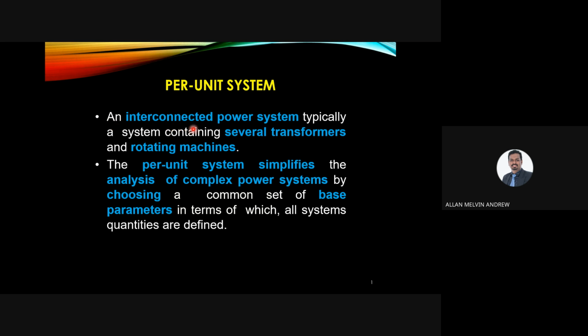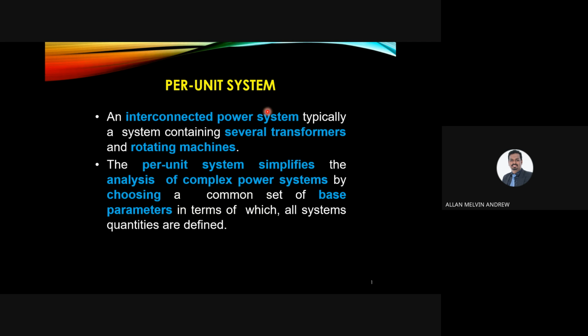Okay, so an interconnected power system is typically a system containing several transformers and rotating machines. Like how we can see our TNB is managing the electrical power. We can see so many antennas are involved, so many transmission lines, so many transformers. So interconnected power system, meaning one place will have a power system, another place will have another power system. So when these two power systems are connected and communicating, that is what we call an interconnected power